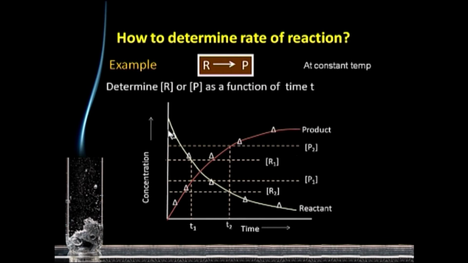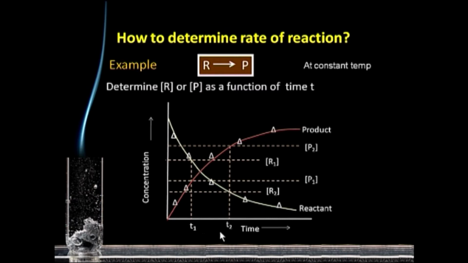The concentration of the reactant after stated intervals, you can plot it, and you get a curve. The reactant concentration goes on decreasing. Similarly, if you monitor the concentration of the product, with the successive readings, you will get a concentration profile which finally levels off. And if you want to find out the rate, find out the concentration of the reactant or the product at